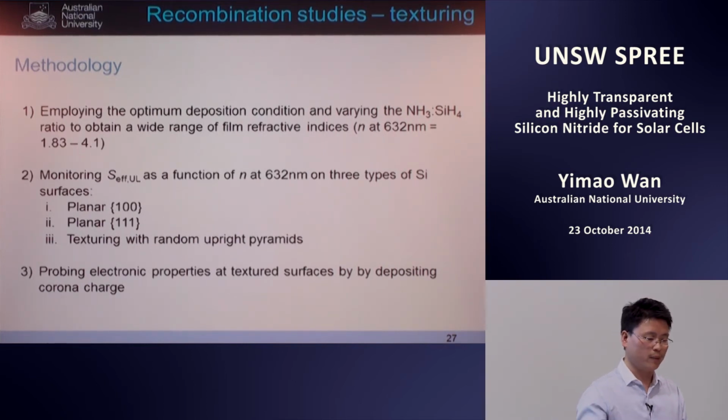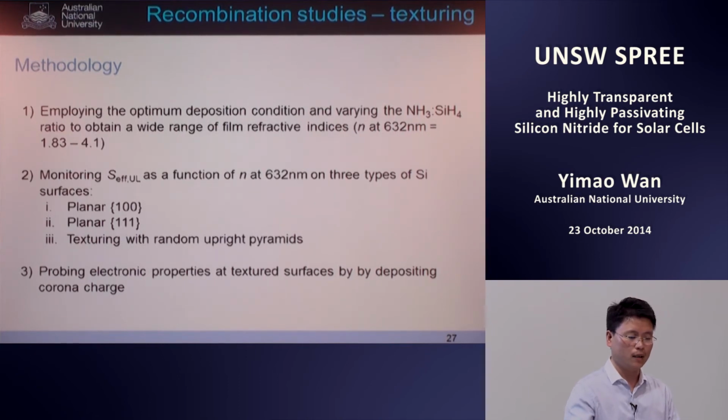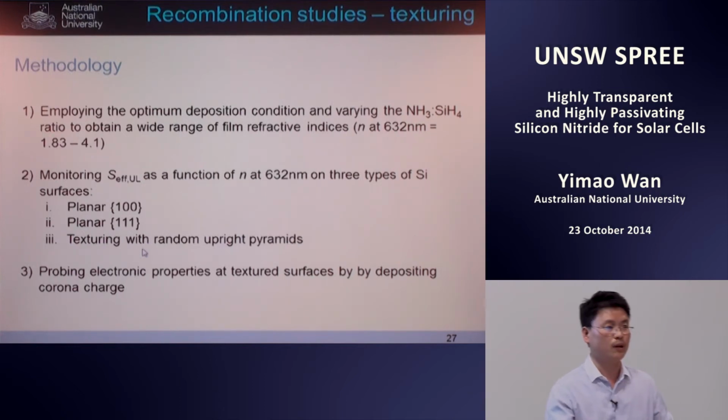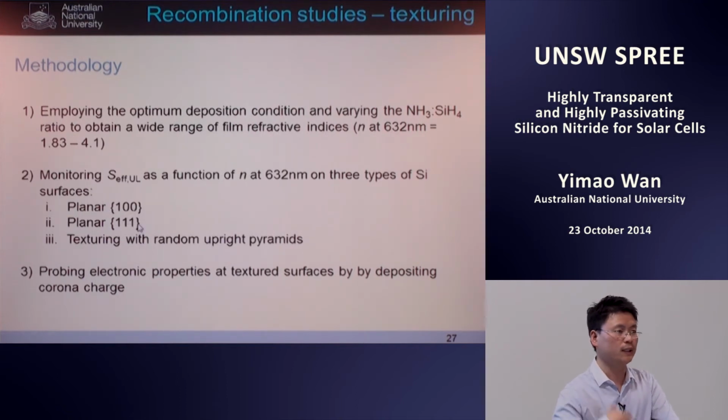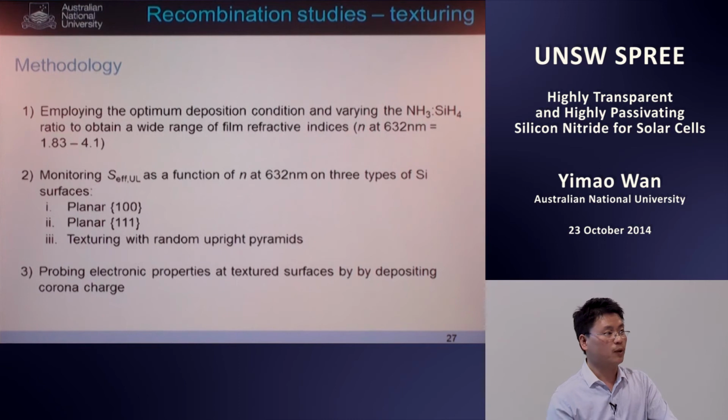And then we monitor the recombination as a function of refractive index on 3 types of surface or morphologies. So we have planar 100, planar 111, and the texture with random upright pyramids. By comparing the recombination of planar 111 to 100, or the texture to planar 111, we can examine the relative contribution of the orientation factor or the texture pyramids factor to the total recombination at the texture surface. And then we probe the electronic properties by